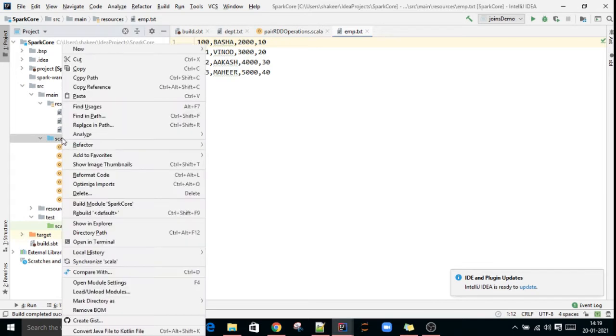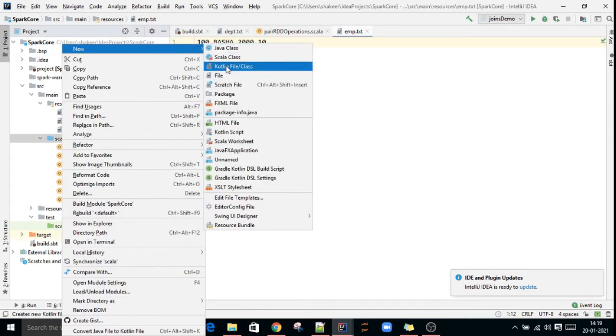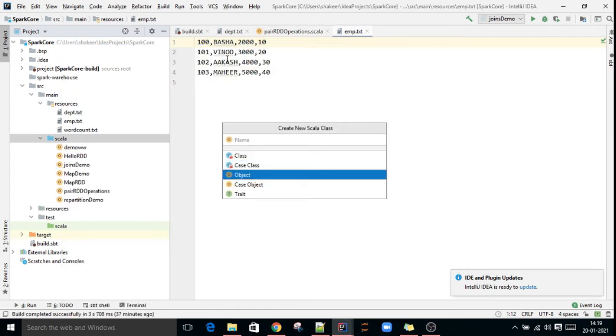I am creating a new program, a Scala class, object, RDD joins, RDD joins demo.